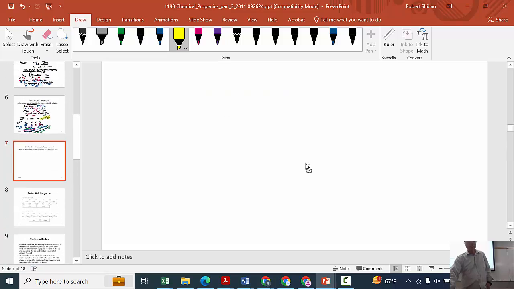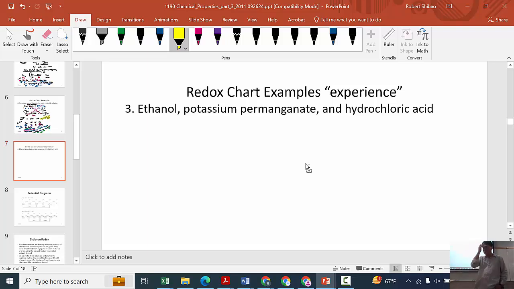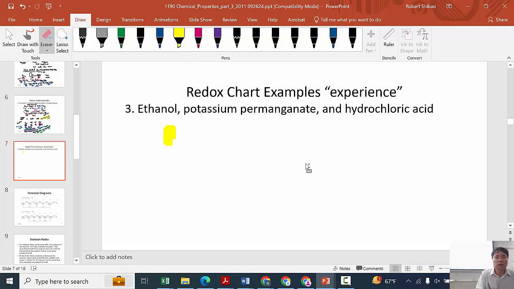And so the last question here is kind of a hybrid. This would be like an advanced one because we've got to use multiple methods, and then we have to figure some other stuff out. And so the redox chart example, and we use experience, that is observations. And so let's take a look at this one. We're going to try the chart method here. We're going to use ethanol. Ethanol is